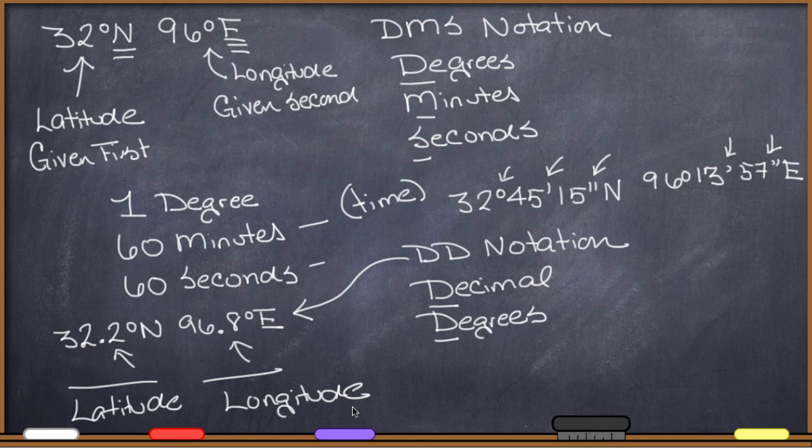It's important to be able to convert between these two. So I want to show you how to convert between decimal degree and degrees, minutes, seconds format so that you know what the procedure is if you need to do this. And you very well might, because you have all kinds of coordinates that you may need to get into a GIS system, and sometimes they may be in decimal degree format, sometimes in degrees, minutes, seconds format, and you may need to convert one to another in order to get it into a software program. So it's at least important to understand how to do this conversion. Let's take a look at that now.